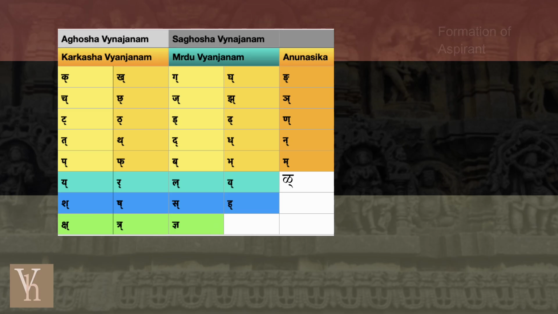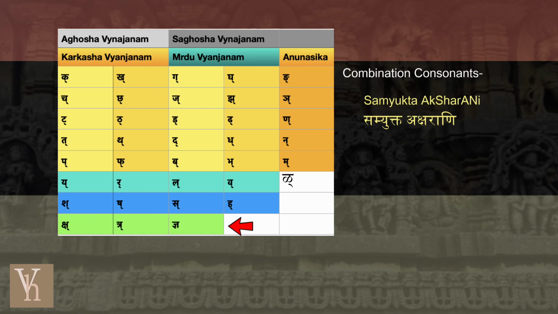So far, we have seen the AntastAh and the UShmaNAh. We come to the final row of consonants marked in green boxes. These are not taken as a part of the main consonants because they are only combination Vyanjanams, which means that although they have a distinct form, they are in fact only a combination of other consonants seen earlier. They are called Samyukta aksharAni,